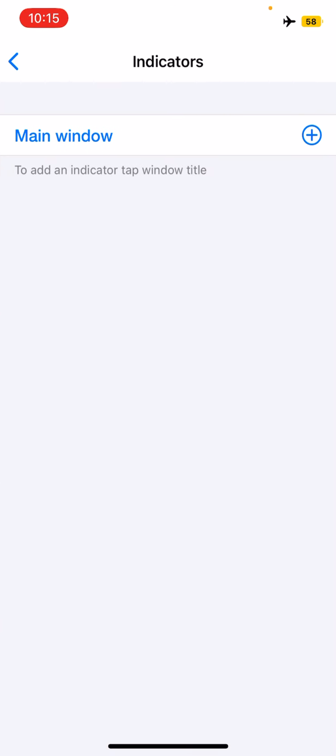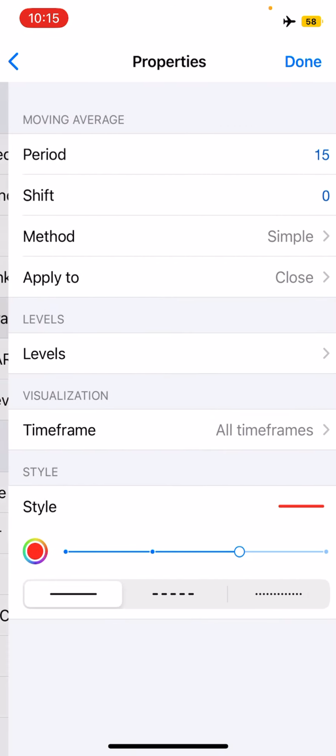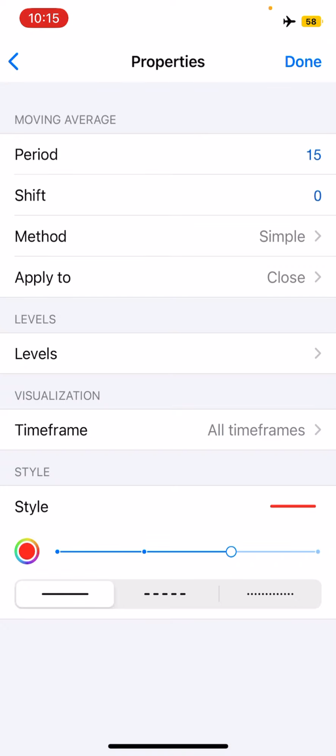So the first indicator that we want to install is a moving average. So we went to our indicator section, which was moving average, and it is going to have the following properties that you see on the screen. So the period is going to be 15, the shift is going to be 0, the method is going to be simple. We're going to apply to close, and of course we want this indicator to appear on all time